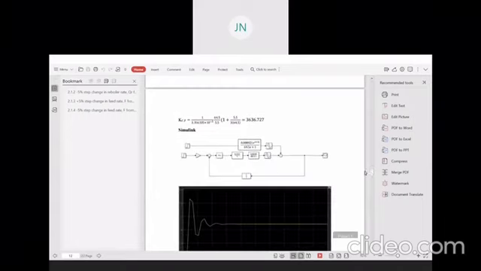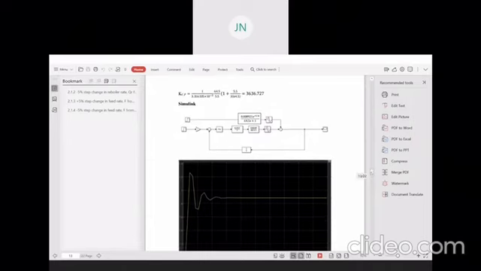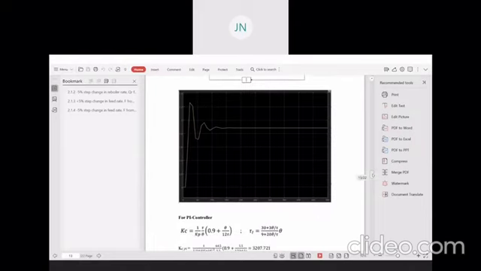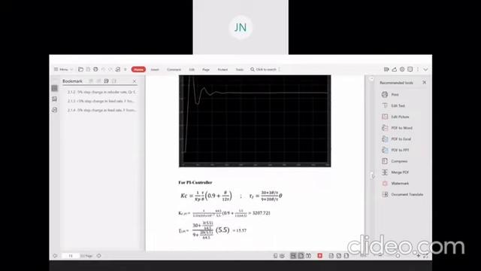And as for the Simulink part, we have to do this modeling in Matlab. We have to construct this transfer function, and it will generate a graph of this sort. And we have to do this for each controller for PI and PID, and compare the graphs to make a